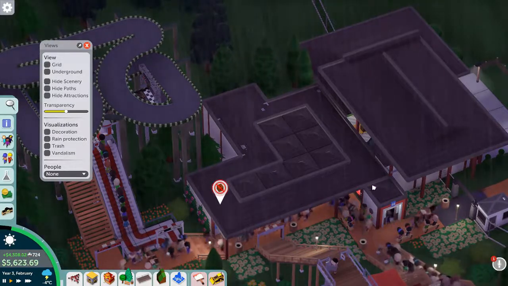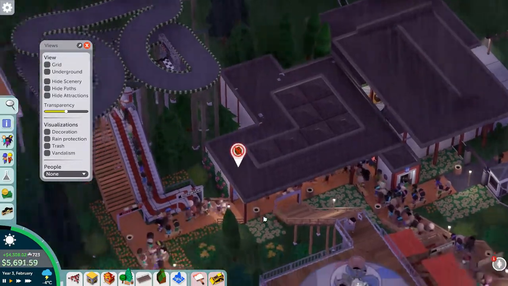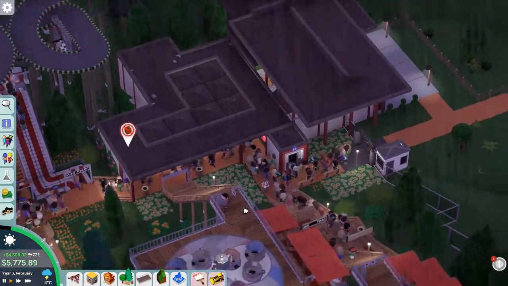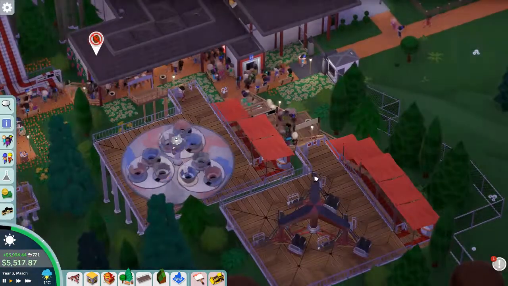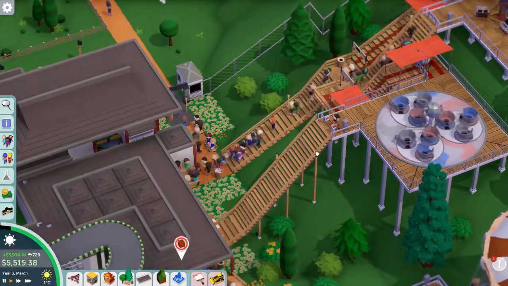So we've got a little bit of walkway space under the front here for the guests to be protected from the rain. As you can see, there's quite a lot of rain in this location, which is a little bit awkward. And with the weird terrain, look, you've got this hill right at the entrance, so in order to add a couple of flat rides near the entrance, I've had to build up some really tall